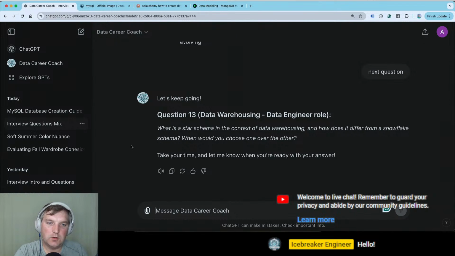Okay, so data warehousing. What is the star schema in the context of a data warehouse, and how does it differ from the snowflake schema? When would you choose one over the other? So